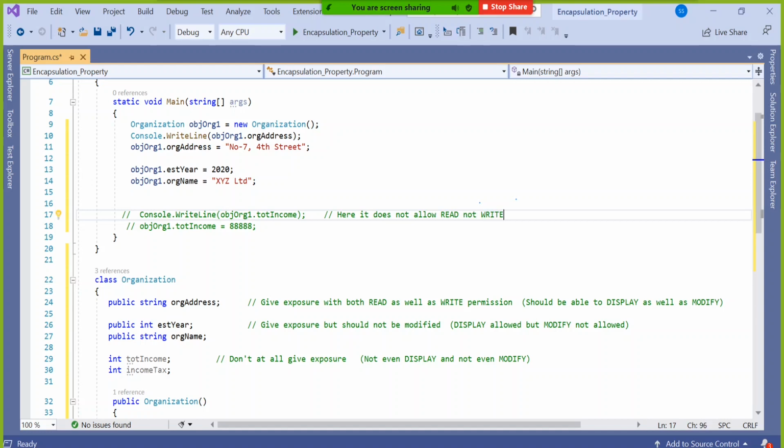Now hope this read and write terminology you are slowly acquainted with. Read means allowing to display, write means allowing to modify. So here it doesn't allow read, not even write, which is good as per the requirement.